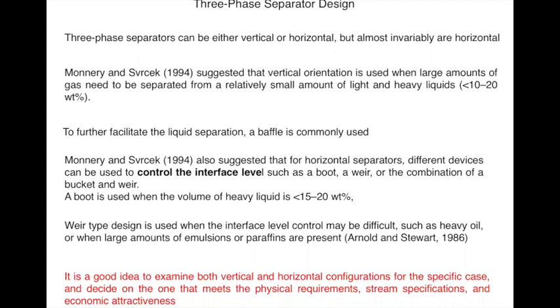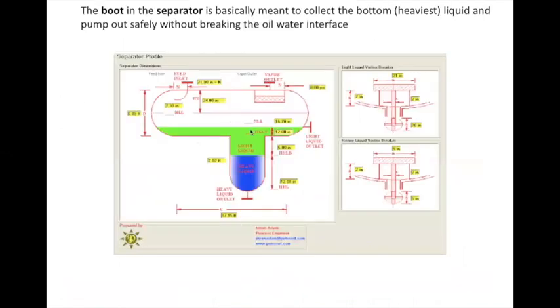Now, as I discussed, boots are used. So I just want to show you what a boot is. Here you can see in this figure there is a separator and there is one more vertical column which is being inserted, where you see the heavier liquid is settled down and the light liquid is at the top. This type of design is a little complex, and therefore it is replaced by the weir, where this part will not be there. There will be two interfaces, and here we'll install a weir where you can see the light liquid, once it overflows the weir, will go to this side. I will show you that diagram later.